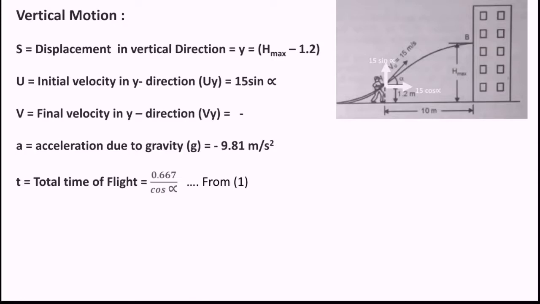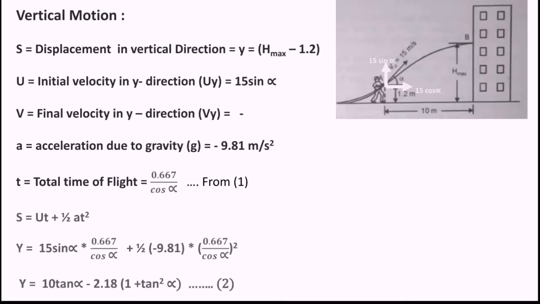Using the equation S is equal to ut plus half at square and substituting all the values we get. Now note here, in place of S I am not putting h max minus 1.2, I am just putting it as y. So I will get an equation as y is equal to 15 sin alpha into T value, which is 0.667 divided by cos alpha, plus half into minus 9.81 into again T square, so it will be 0.667 divided by cos alpha the whole square. On solving which I will get the equation as y is equal to 10 tan alpha minus 2.18 into 1 plus